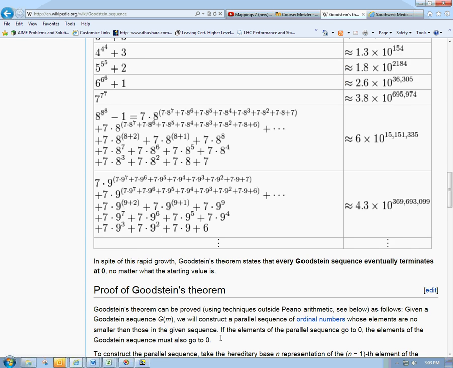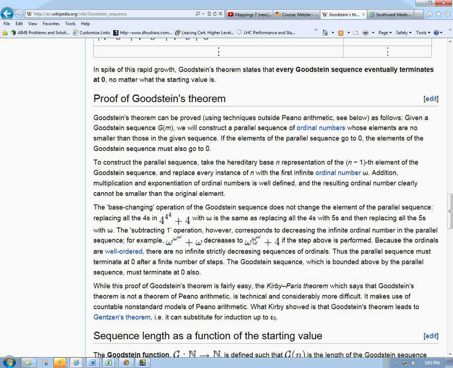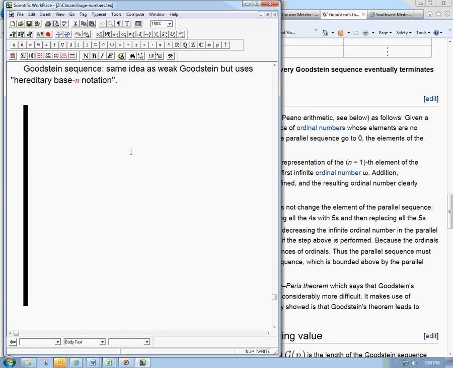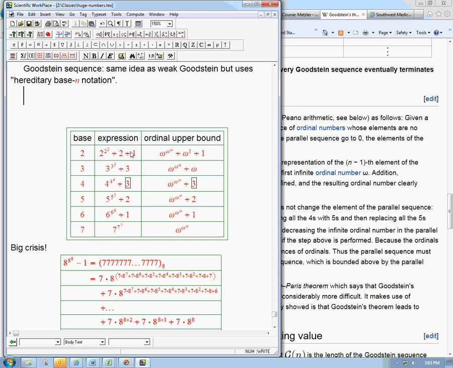Okay, so if you go down a little more, it talks a little bit about the proof of Goodstein's theorem. This is where I'm going to add a little bit more, because I don't think it's incredibly obvious how this works. And I'm not going to say too many details myself, but show you an example of what they're doing. Okay, so what we do is we track,